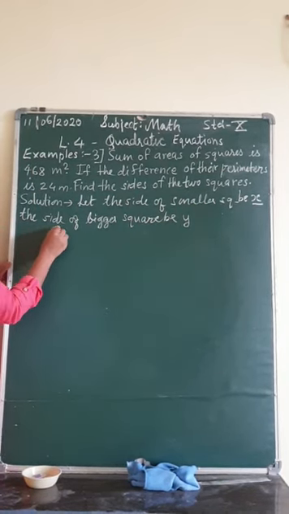So here we get 4y minus 4x is equal to 24. That gives us, dividing the equation by 4, we get y minus x is equal to 6. Now transposing this x to this side, we get one more equation, that is y is equal to x plus 6.